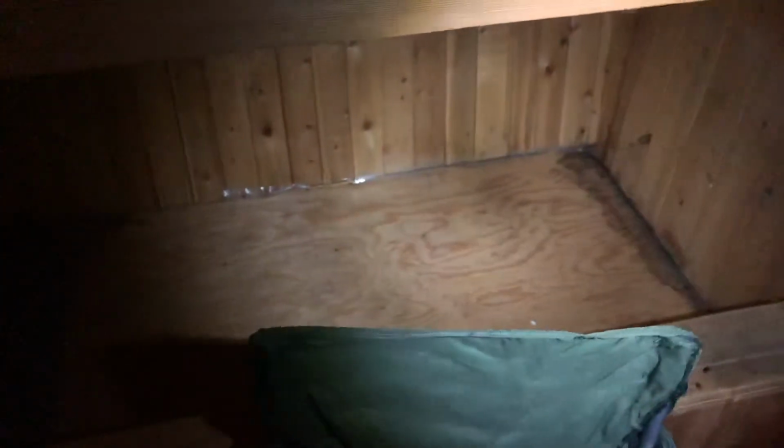I did have the bed. Last night I went from the top bunk up here. I had everything made up here, and I ended up on the bottom bunk. I have an air mattress, and I threw it down there, because it was so hot in here. This is a tiny space, so I mean,